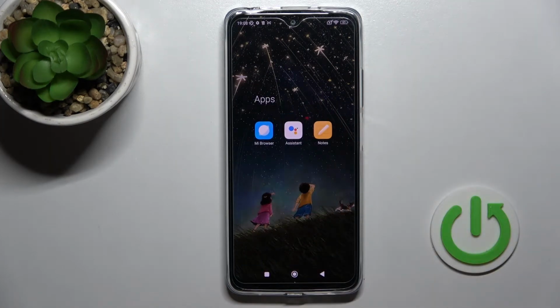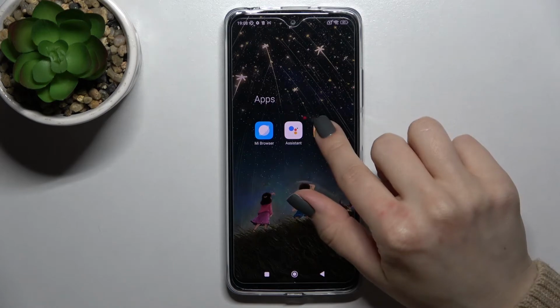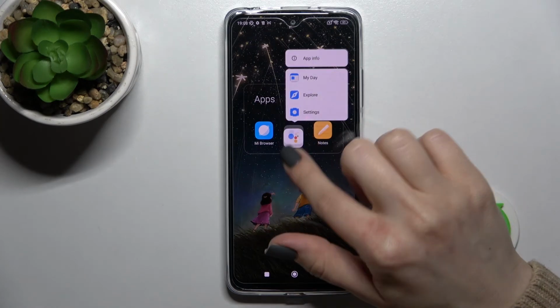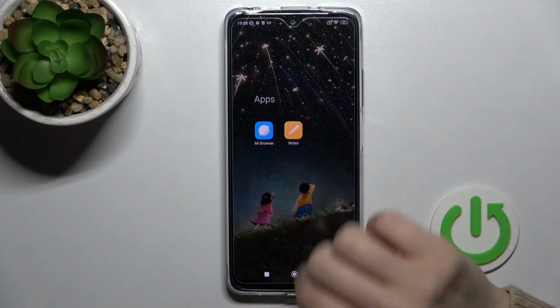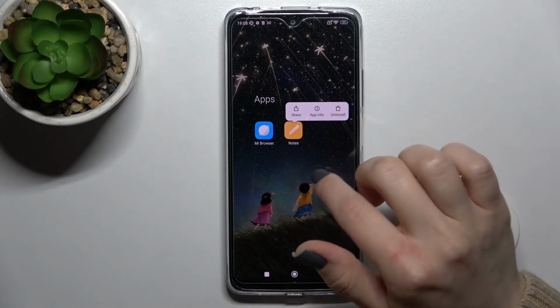And if you want to just remove the one application from this folder and you want to stay with this app on the home screen, just hold for a while and drag it here to home screen. But if you want to just stay with this app